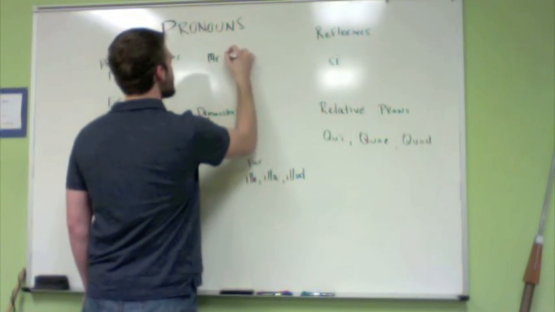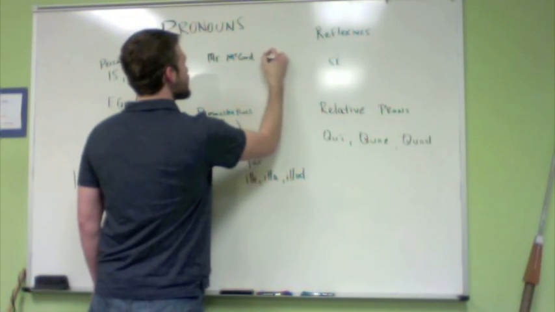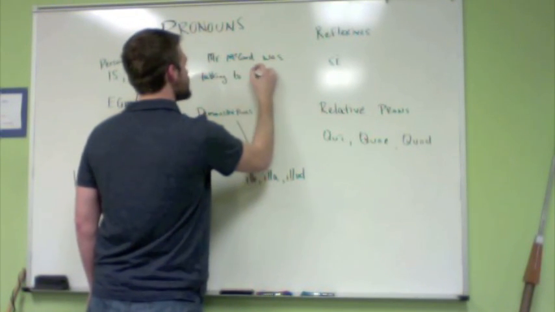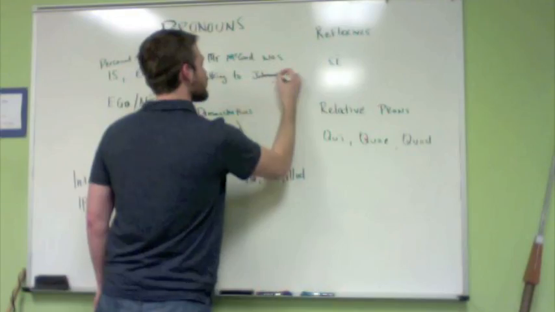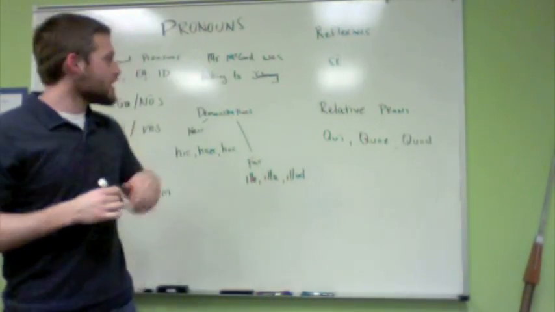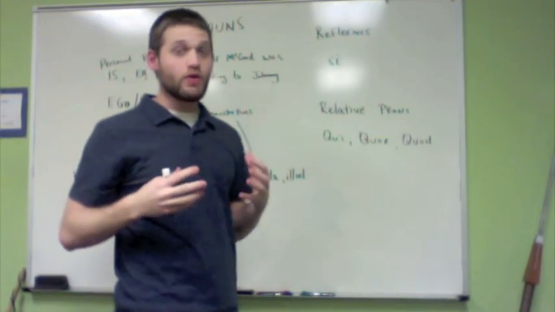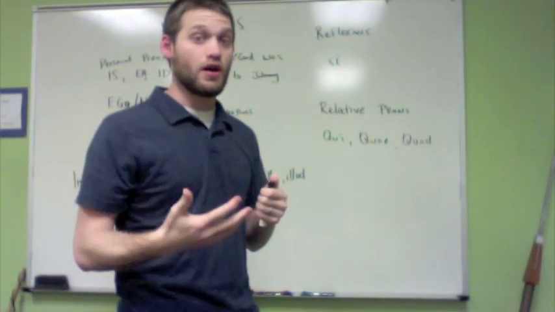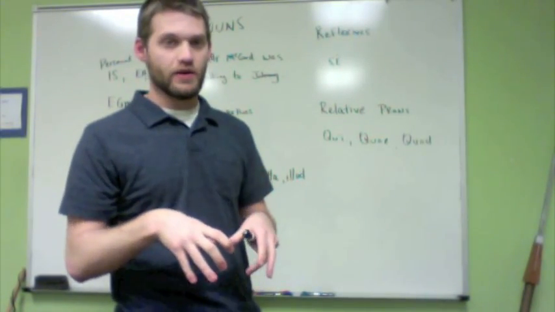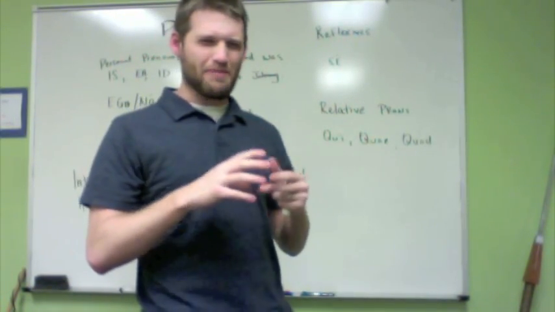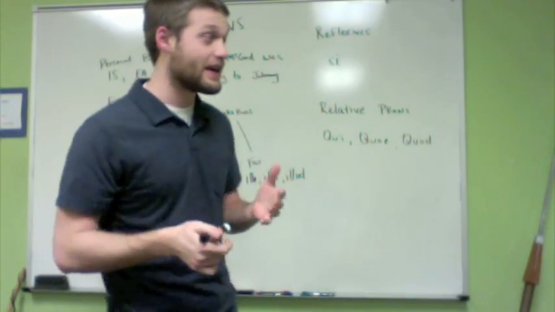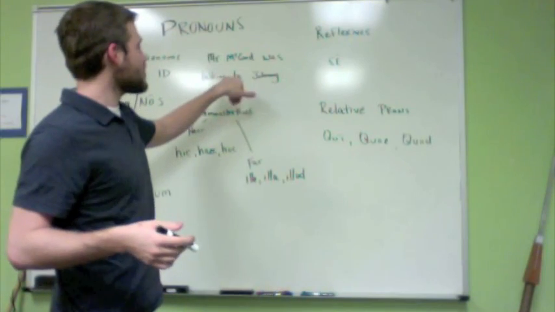So Mr. McCord was talking to Johnny. Okay, hopefully that sentence you can see that all right. Mr. McCord was talking to Johnny. We're going to replace Johnny with a pronoun because a pronoun is just a word that stands pro, or in place of. So it's a noun that takes the place of another noun. If you need kind of help about the basic idea of pronouns, I'm sure there's a Schoolhouse Rock song on it. Anyway, so Mr. McCord was talking to Johnny.